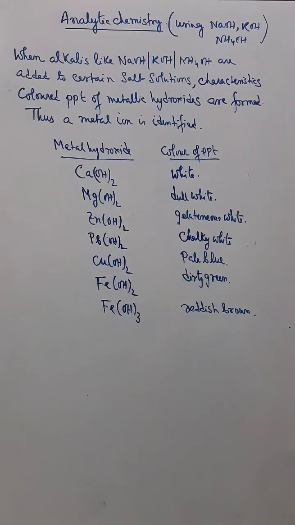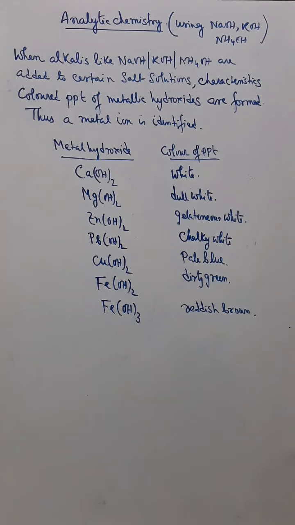Now if somebody gives me a certain salt and tells us to identify what salt it is, then we will divide this into two parts. First of all, we will identify the positive part, and then we'll do the negative part. So we'll first identify what metallic ions it consists of. So we'll identify Fe+2, and then we'll identify what negative component it has. That is, we'll identify SO4 2 minus. And finally we can conclude that the salt is ferrous sulfate.